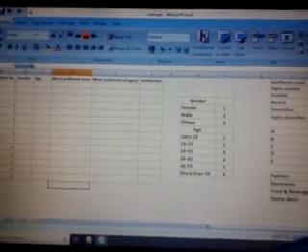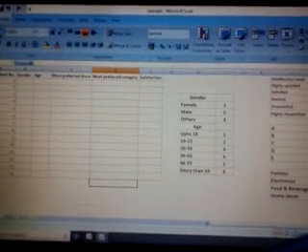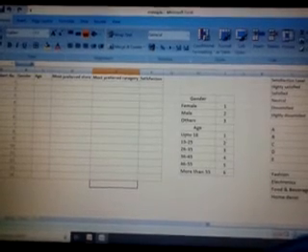Most preferred store. Again from 1 to 5, we would calculate the frequency of 1s, 2s, 3s, 4s and 5s. If we find that 1 has the highest frequency, it means A is the most preferred store. Again, for most preferred category, the frequency of 1s, 2s, 3s and 4s can be calculated, and if the frequency of 2 is the highest, then we can conclude that electronics is the most preferred category.